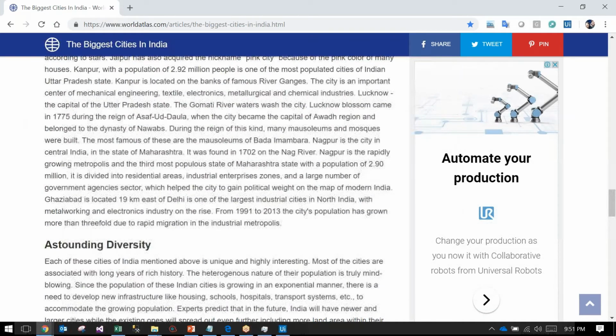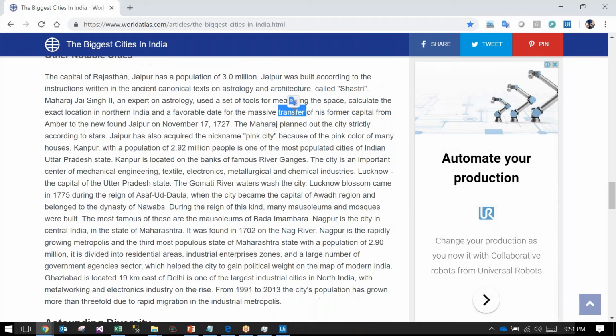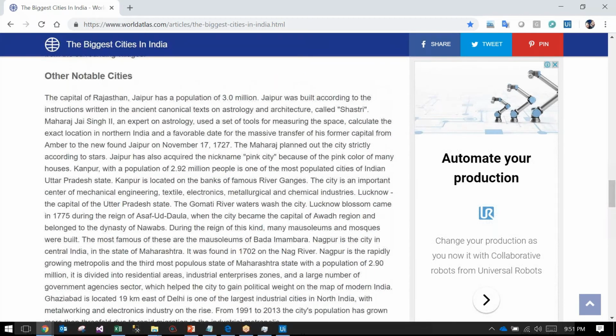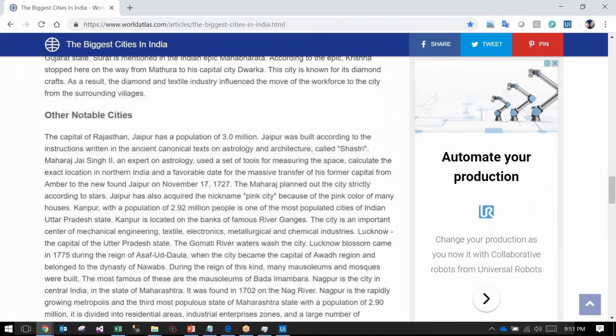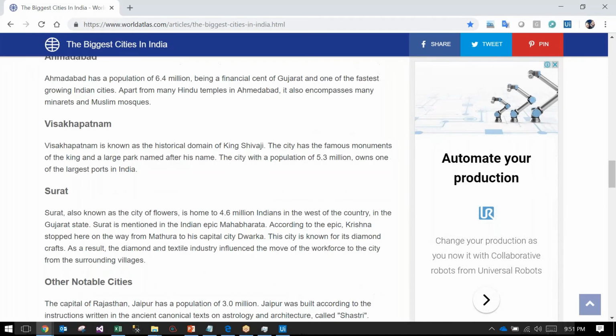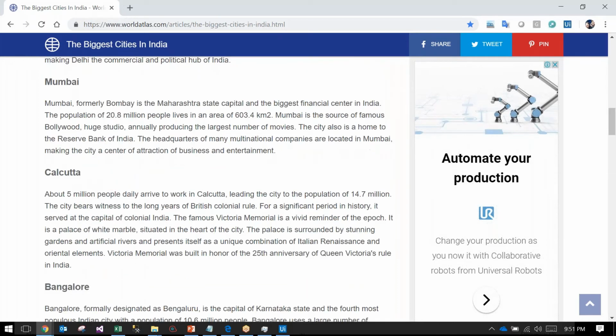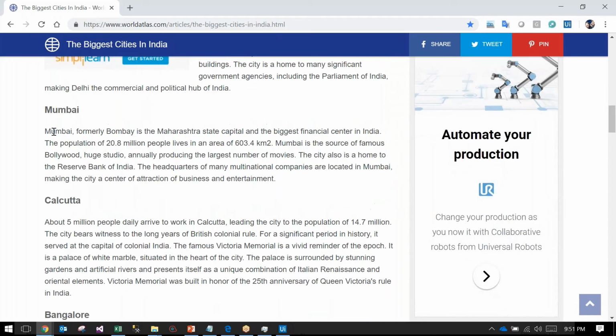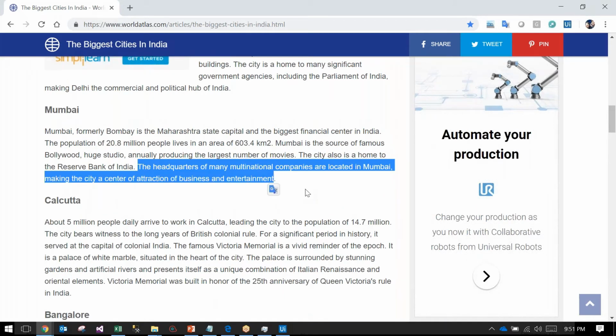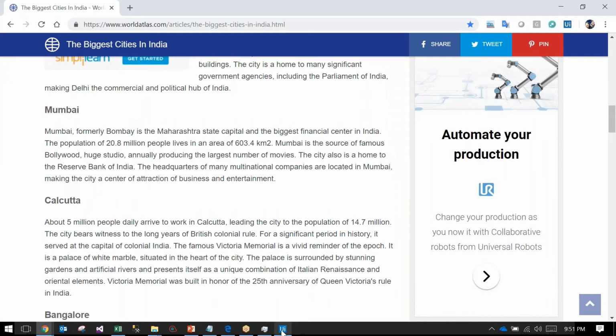This one, the selected thing. So what is the key?